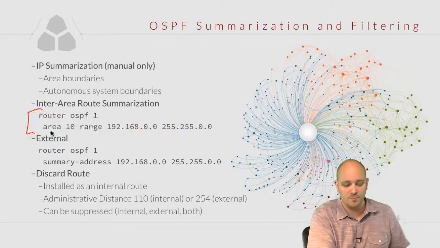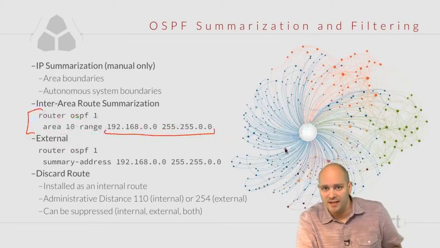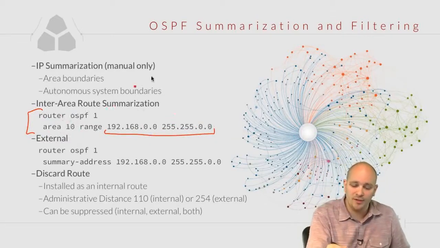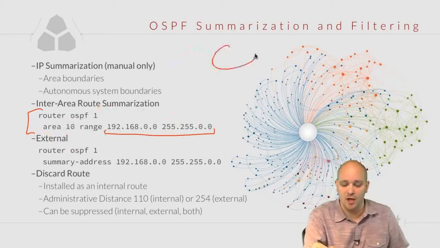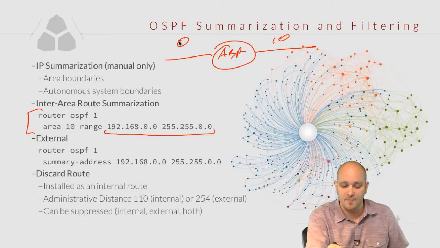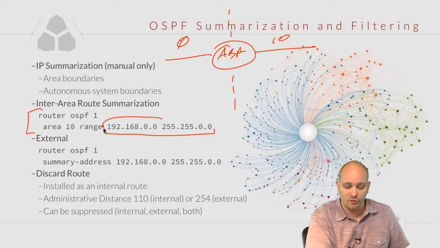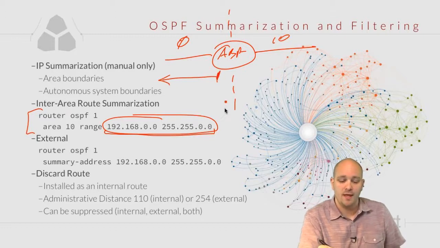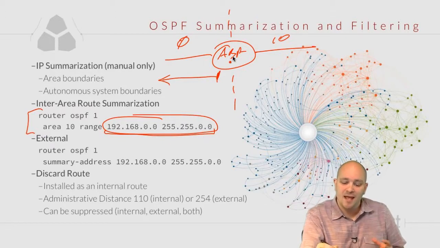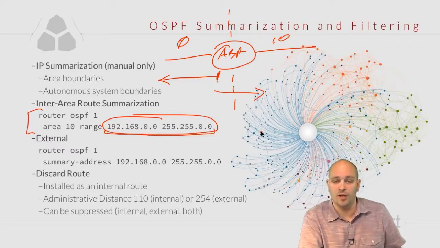We would go into the router OSPF and we would say area 10 range, and then we would specify what is the summary that we want to advertise. Now, I should point out that this particular syntax needs to be configured, obviously, on the ABR that sits between area 10 and area 0. So on this boundary here, all networks from this range will be injected into area 0 as 192.168.0.0/16. Keep in mind that this does not affect networks that might be advertised from area 0 into area 10,